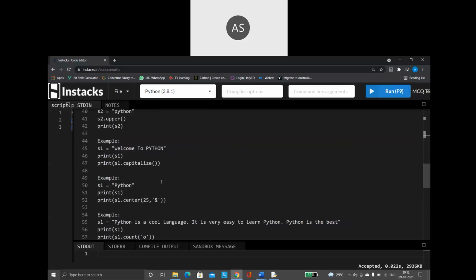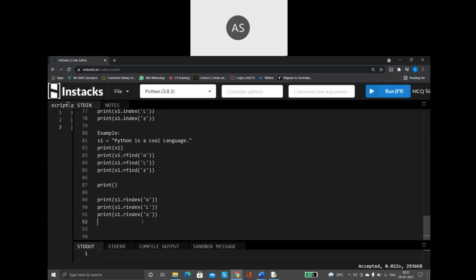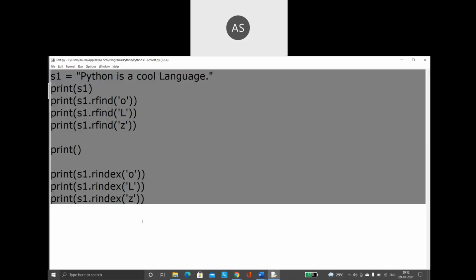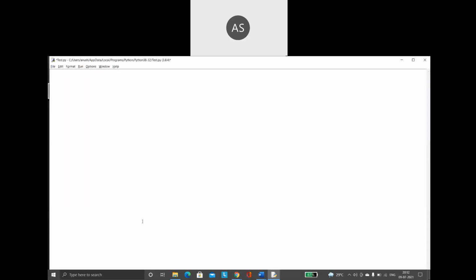So let us check it up. Okay, let us have a check at all those examples. Again, guys, these four or five functions, you will be using a lot in your logic. Whenever you're doing any programs based on strings, these are the functions you will make use of to write the code. That is why these functions are very, very important.